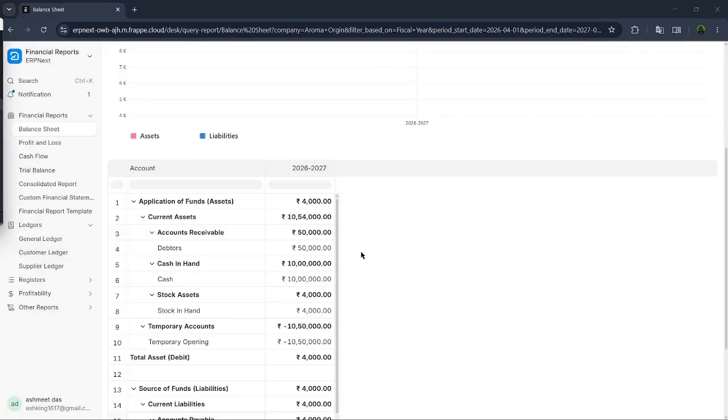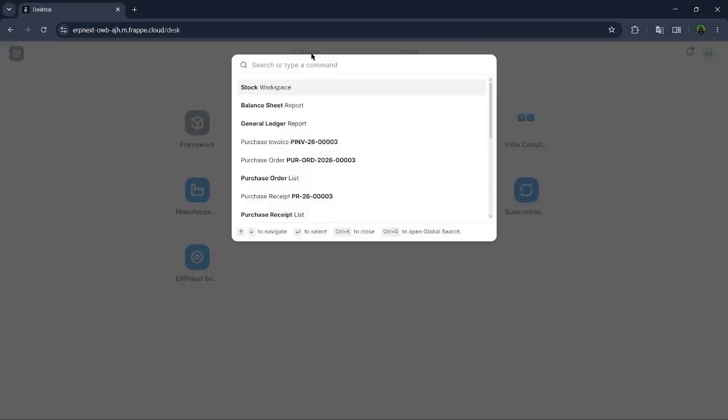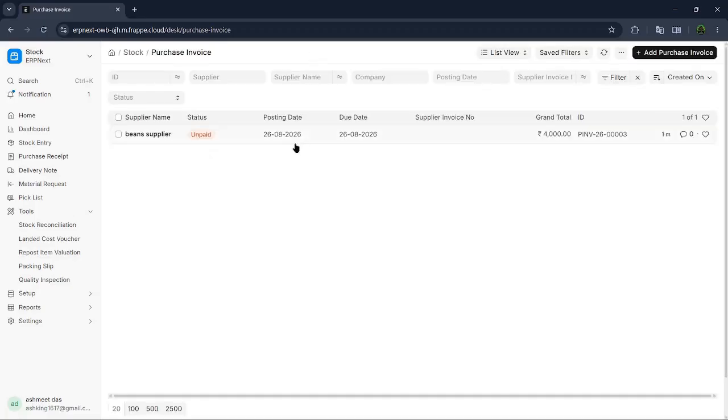This is an example of accrual accounting because here there is no payment or exchange of cash. All this has been on the basis of our bills and receipts. When a deal is made, it is shown in the account. Hence, every transaction is shown. When payment is made against that purchase order, that will show in the financial ledger. Let's make payment to it. Before that,